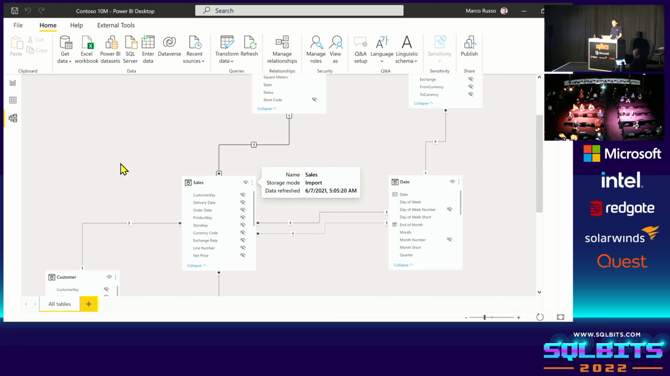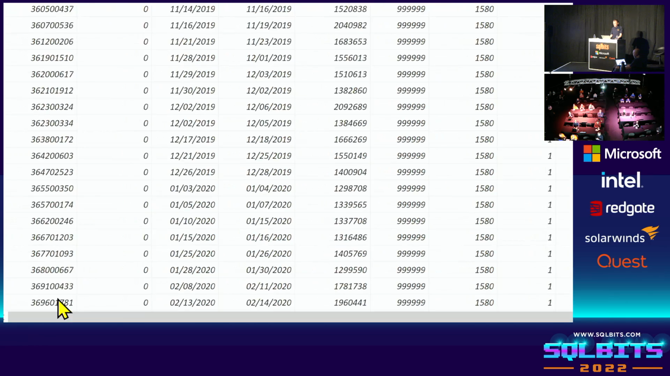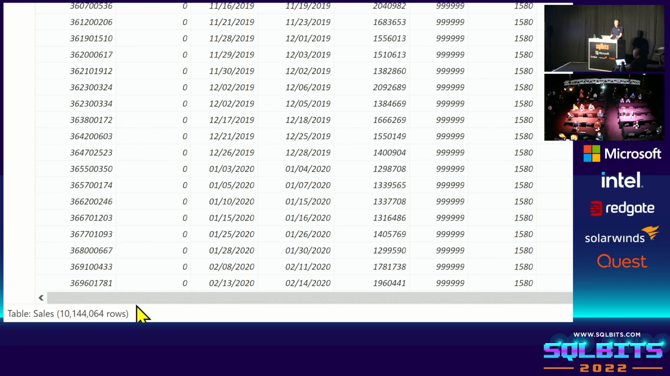If you don't have any other tool, you can just look at the size of the PBIX file, or you can look at how many rows you have in each table. One by one, you go to the lower corner and you see how many rows you have in sales, 10 million, how many rows you have in the other tables, and so on. When you click a column, you can also see how many unique values you have in that column. This is the information that is available out of the box in Power BI. Now,